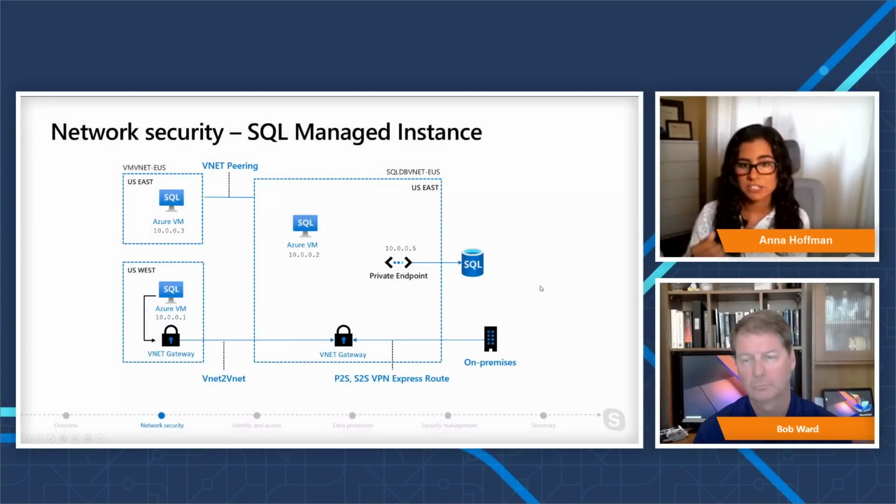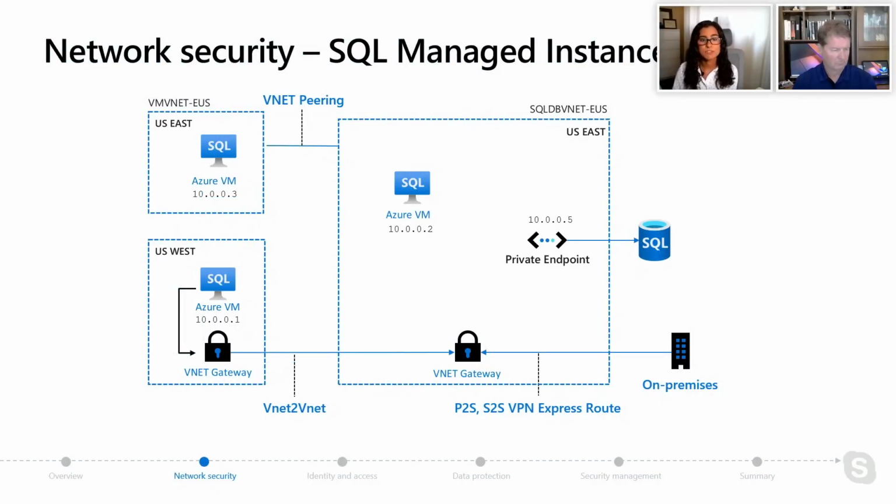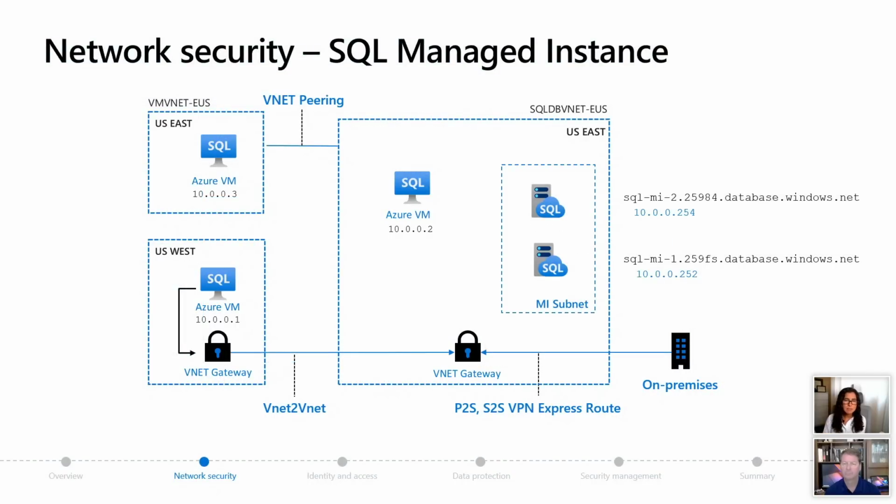Now we've talked about this for Azure SQL Database, and you might be wondering, okay, well, is it different for Azure SQL Managed Instance? So this is our SQL Database view. Now for Managed Instance, it's a very similar concept. There are some specifications around the Managed Instance subnet that are required in order to basically deploy a whole ring for you inside a Managed Instance subnet. But basically the concepts around setting up connectivity are the same, except now you're going into a managed instance that might be in a managed instance subnet. And you can see they do have these private IP addresses associated with that.